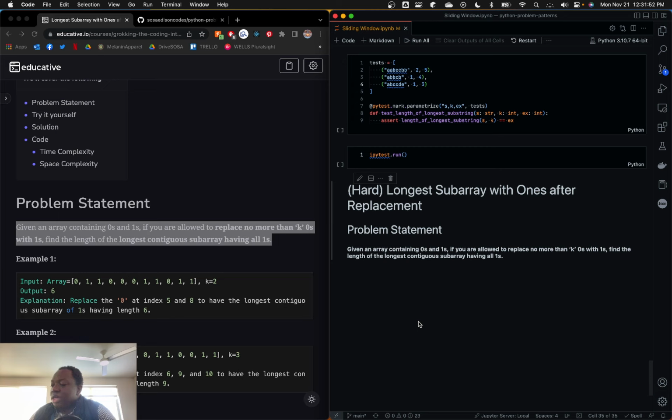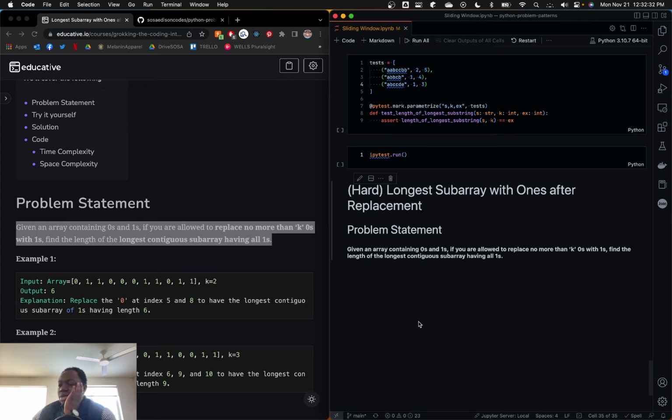And our window needs to adjust when we're greater than k. So basically the same thing, right? When we do 4 minus 2, so when our window length minus the number of ones we have is greater than k, we then need to adjust our window. So if we did that, let's say we got to this third 0, we would, first of all, adjust our window. So we push our start to the first 1, or index 1, and then we would continue to add